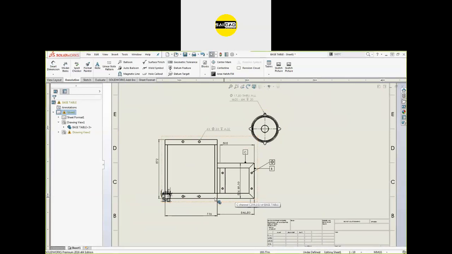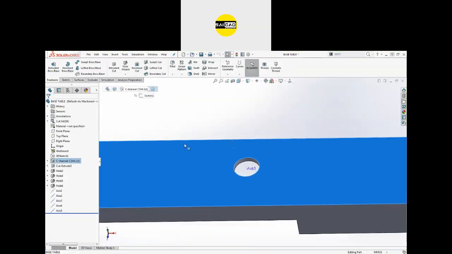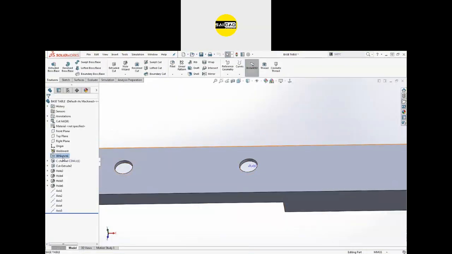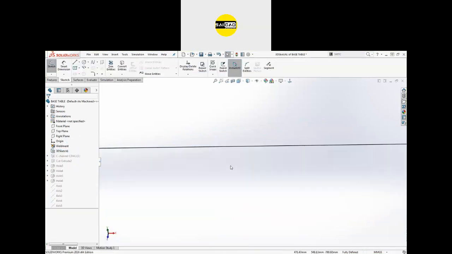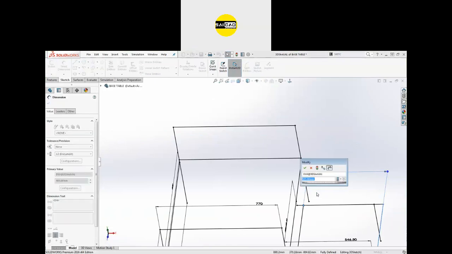Okay, you can also define the tolerance in the component while you are creating this component. You will be able to create that inside the sketch. You see here you are defining some values. You will be able to add the tolerance from here. Okay.